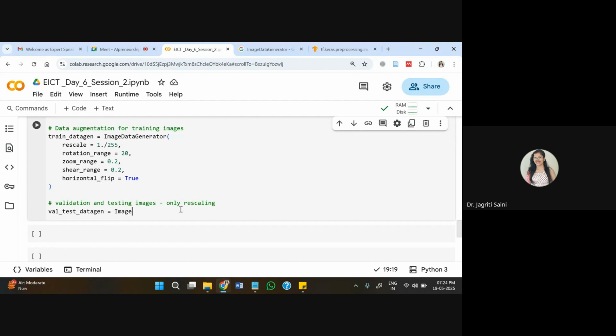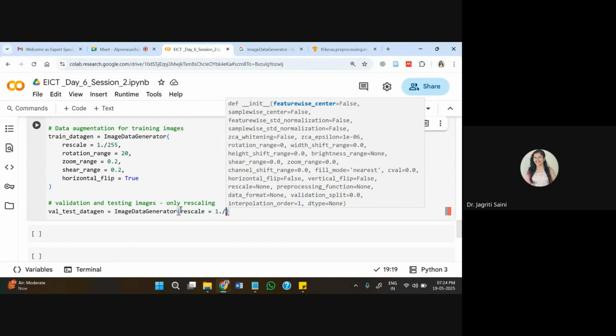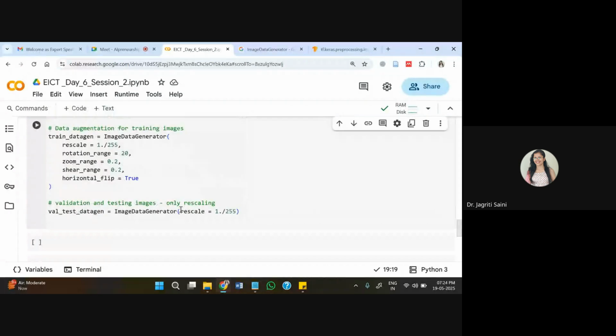So in this case, I'll write ImageDataGenerator with only rescaling, which we need to make it compatible with the model, because the way we are processing the training data, only that scale will pass into the model further. So only rescale will apply on the validation dataset. Same we will do for the testing dataset also. I'm creating these functions to be used further.